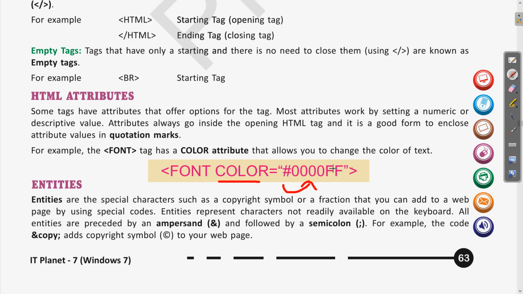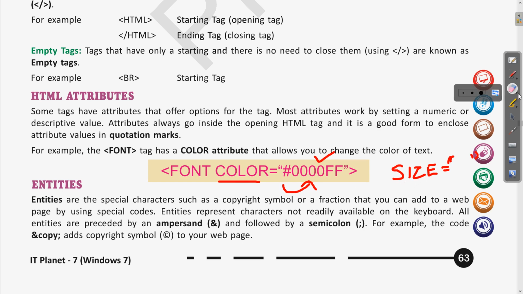In the quotation we will see further in this chapter that these are the hexadecimal codes for the colors. In the same way, the font may have some size, clear? Font name. If you want to increase the size, this size will be an attribute, and whatever value is written for that will be the value of that attribute. So these are called HTML attributes, which are basically the options available with the different tags.